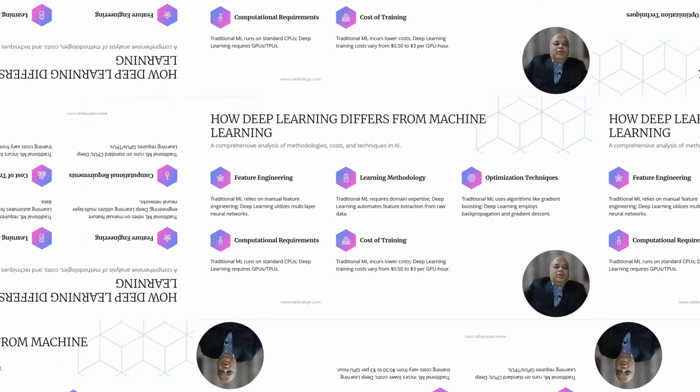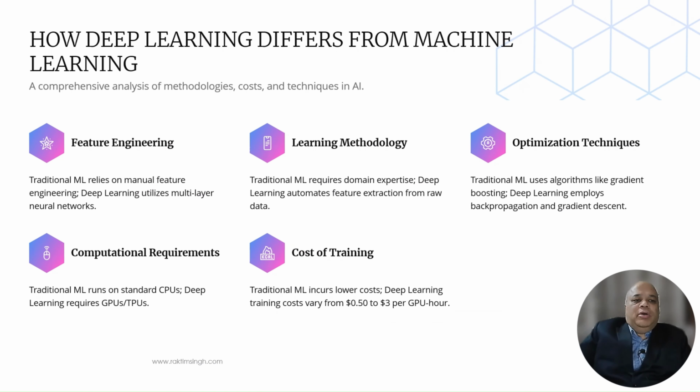That is where traditional machine learning relies on manual feature engineering. Deep learning extracts those features, those multi-layer neural networks extract those features. So you don't require feature engineering or a domain expert in deep learning, because here the machine learns based on the data. It figures out those features, it extracts those features from the multi-layer neural network. This is the most important thing: deep learning is, let's say, part of machine learning, but how it differentiates, or where the advantage comes in.